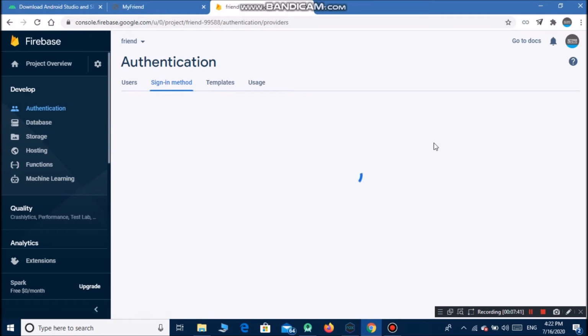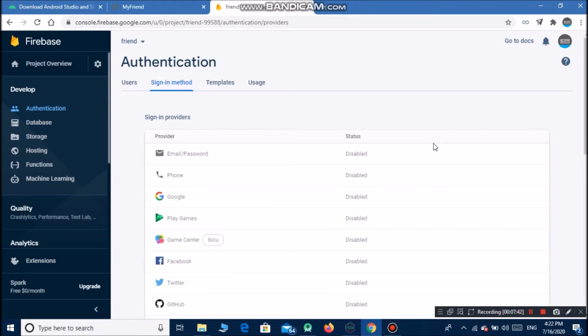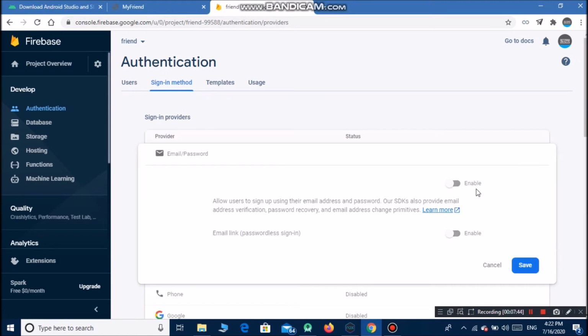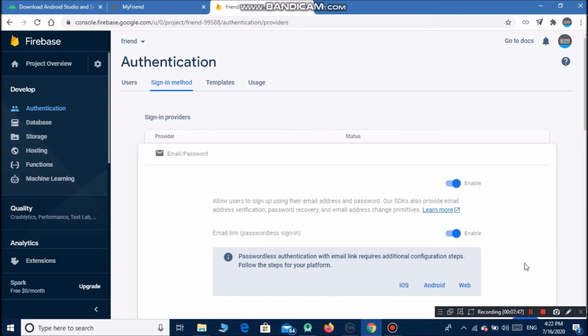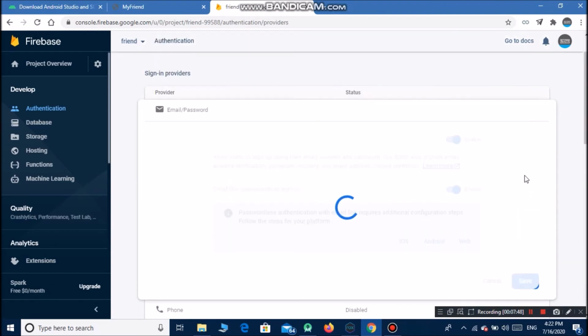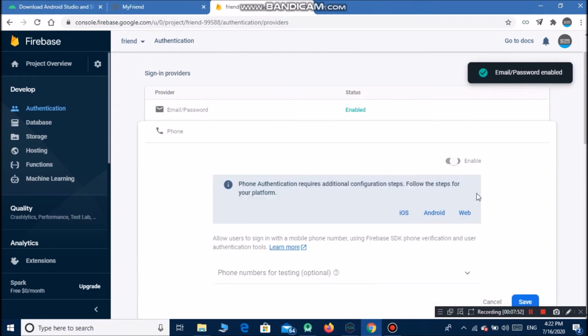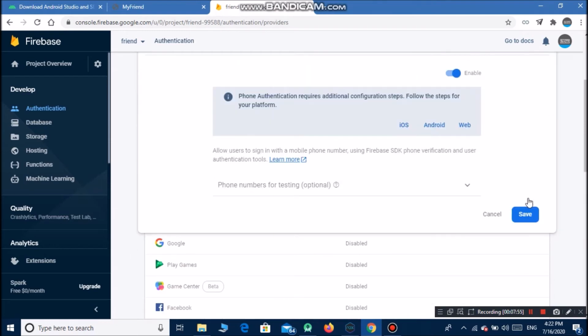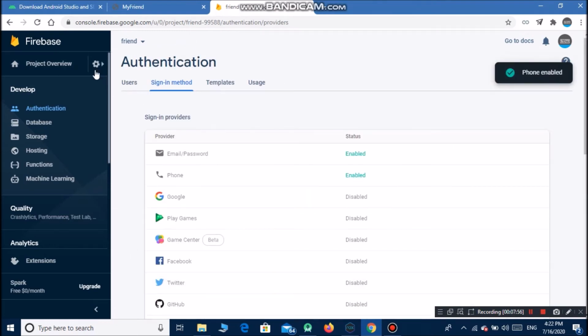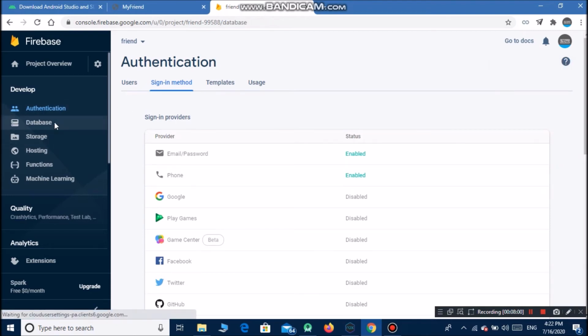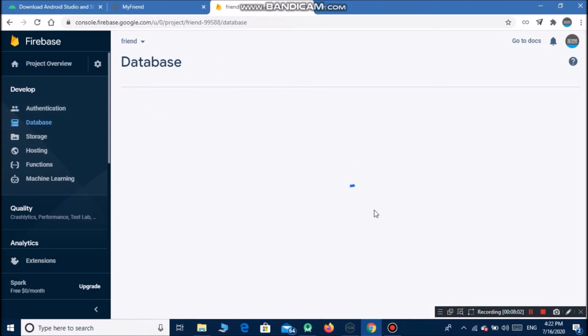and in sign-in method you have to enable the email and password, save it, and you have to enable the phone, and you have to save it. Okay, so now once this is done, you have to go to the database and you have to create a